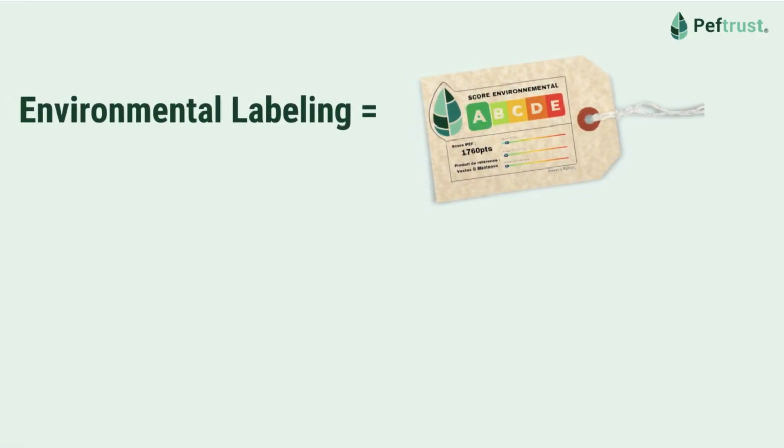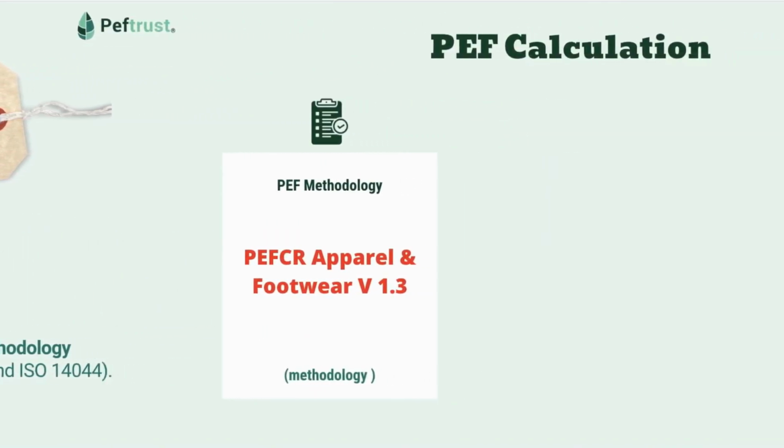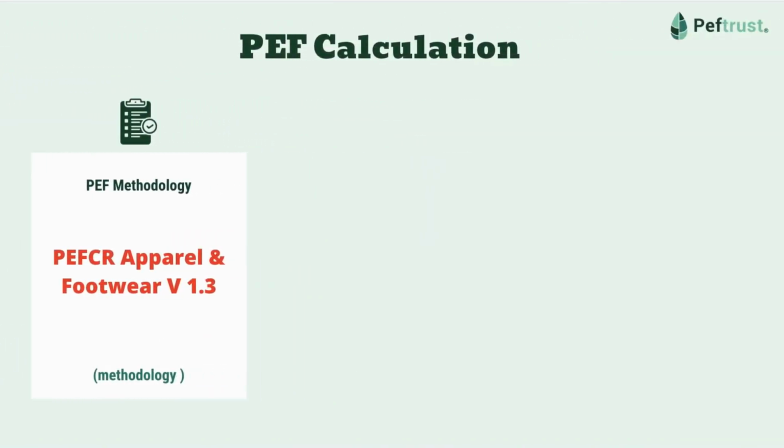So, what's environmental labeling? It involves providing consumers with information on the environmental impact of products they purchase. To calculate the environmental score of a product, suitable methodologies are selected. PEFtrust, for instance, follows the European Product Environmental Footprint methodology, which is based on the same standards as the LCA, ISO 14040 and 14044. So, the PEF score is calculated using methodological references such as PEFCR Apparel and Footwear version 1.3 and the